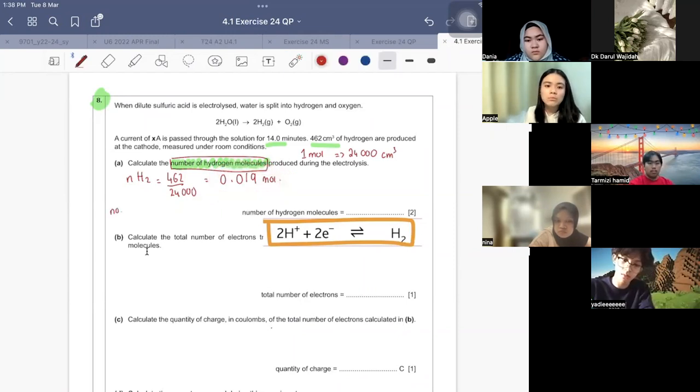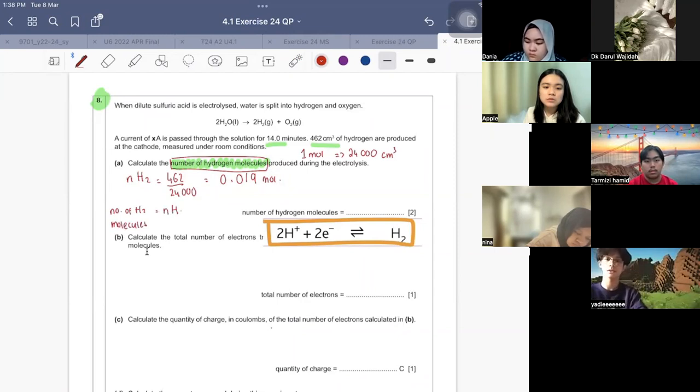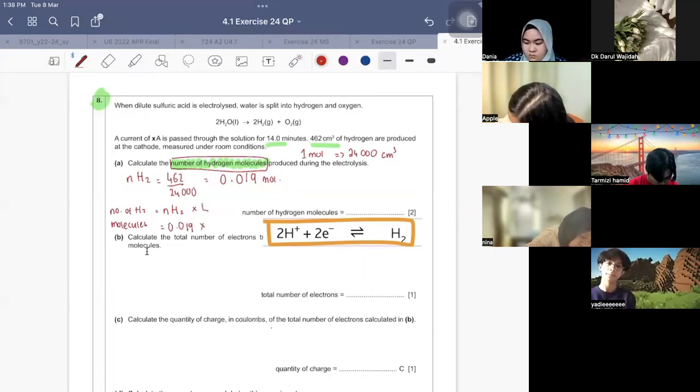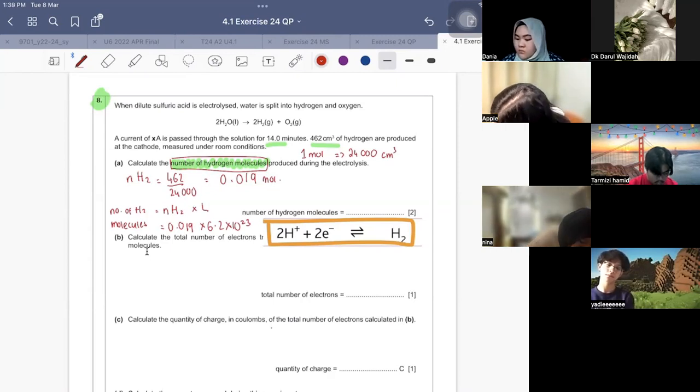So the number of hydrogen molecules is equal to number of moles, n, times the Avogadro's constant, okay, which I will just write down as L. Otherwise, you can just take your 0.019 mole times 6.02 times 10 to the power of 23. And that gives you the number of hydrogen molecules in 462 centimeter cube, which is also equivalent to 0.019 moles